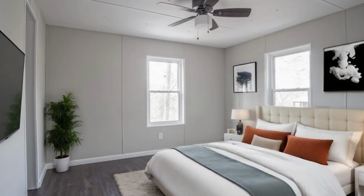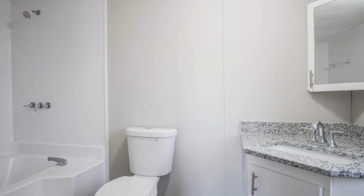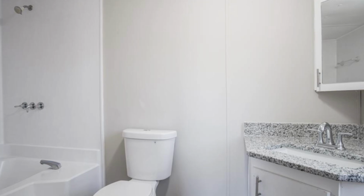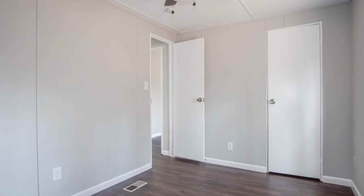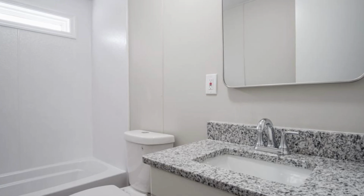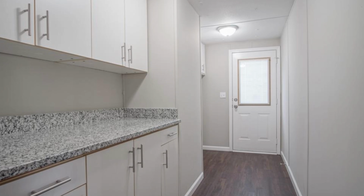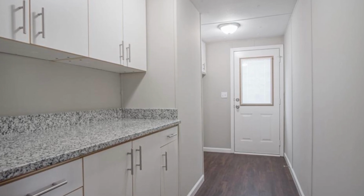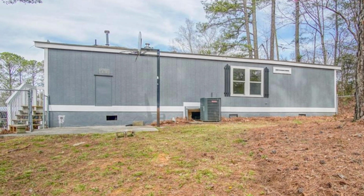We have the primary bedroom on one side of the house with its own closet and bathroom, and then on the other side of the house we have our other 2 bedrooms along with a hallway bathroom to service those 2 bedrooms. Lots of space in the laundry room, plenty of counter and cabinet space for all of your storage needs. And then you have a little bit of a backyard and even a basketball hoop. So what do you think? Are you paying $200,000 for that, or are you gonna bump your price for something like the next thing I'm